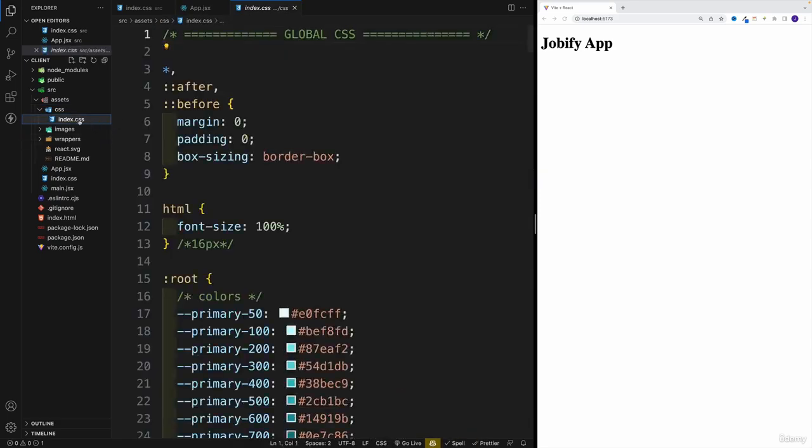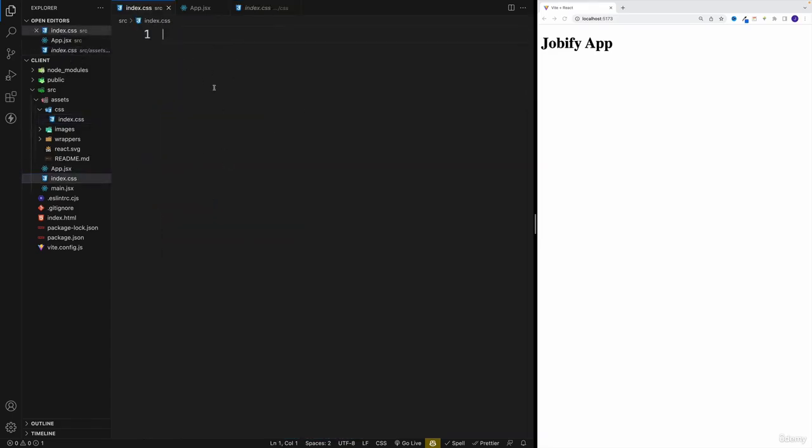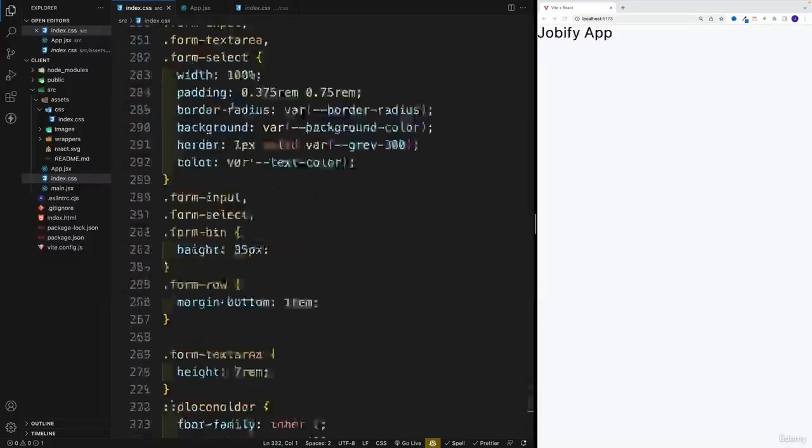Now, this is totally up to you. If you want to move the index CSS to the source one, that's totally an option. Or you can simply copy and paste, which I think is going to be my approach. So I'll navigate to the index CSS in the assets. I'll pretty much select everything. I'll copy, and then I'll navigate back to the index CSS in the source, and I'll paste all of the